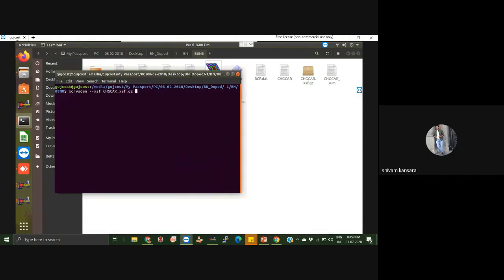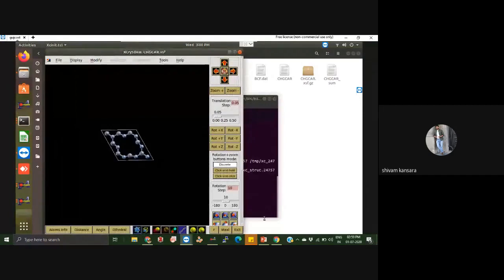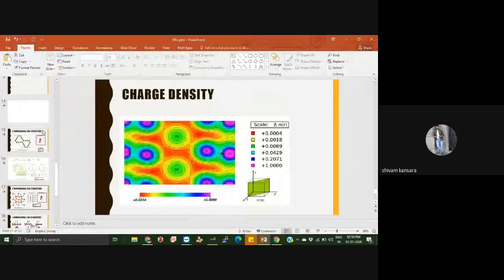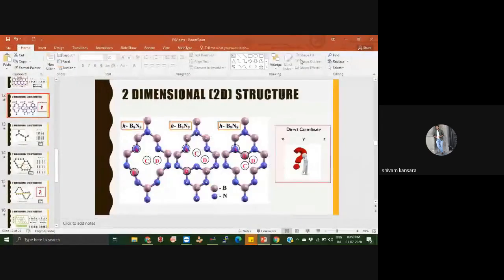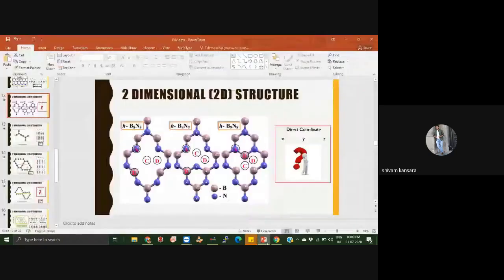How to open a charge control file? We have to use the B2 XCrySDen script converter to convert it into a charge card, charge card.xsf. Now this is one of the examples. This is the DOP structure which I have already discussed. This structure and this structure are both the same. In this first structure we have removed two atoms, one atom of B and another atom of N.